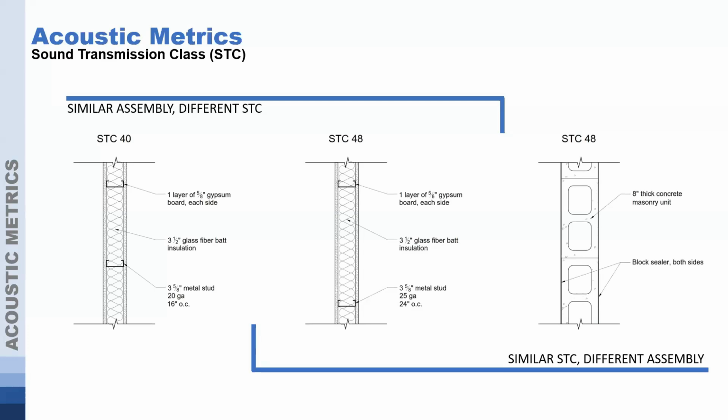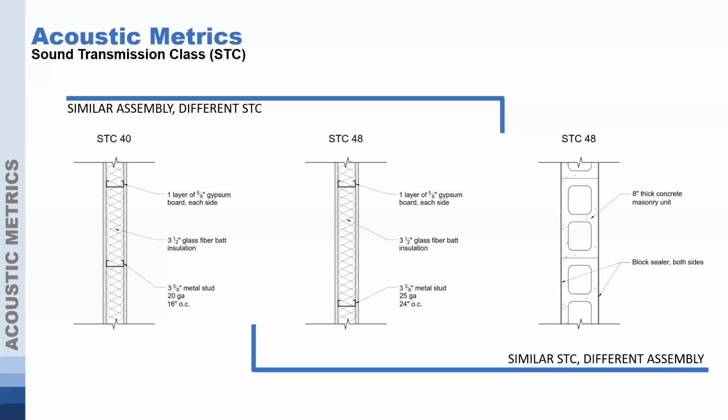inches on center. And so we have to be very careful when we look at the STC ratings, especially of gypsum board wall assemblies with metal studs, because the metal stud gauge and spacing make a big difference in the STC rating. Enough so that it may or may not pass building code depending on which is used. So just something to be very aware of. This is something that we see very commonly, having STC ratings that are not actually accurate because the metal gauge and stud spacing are vastly different from what's listed on a partition assembly.